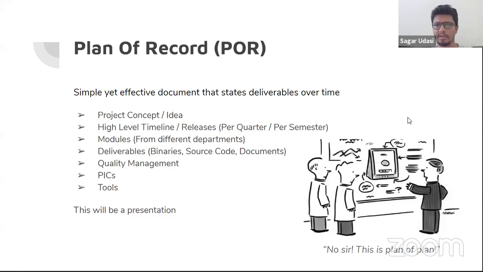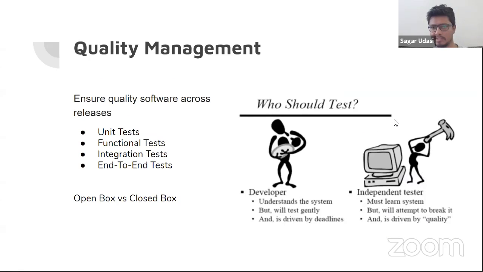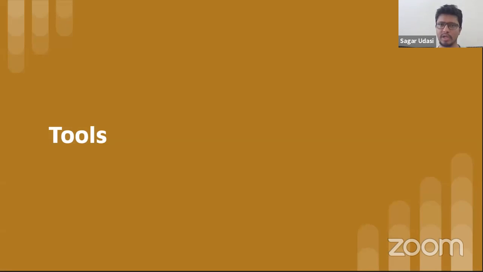Okay, so there are basically 4 things: plan of record, project timeline, feature list, and quality management. Basically, only these 4 things need to be there as a part of the high level process to create a large scale project. And then we can dive into the tools. So now this was about